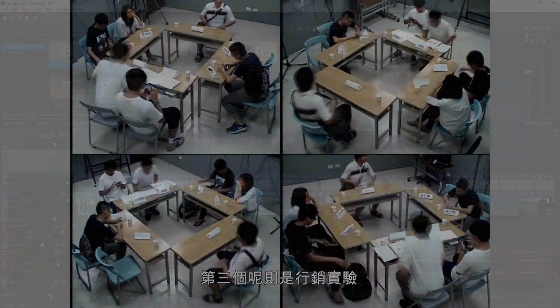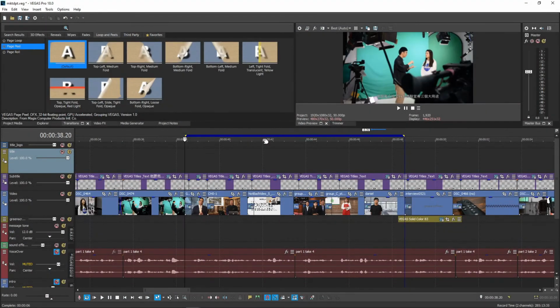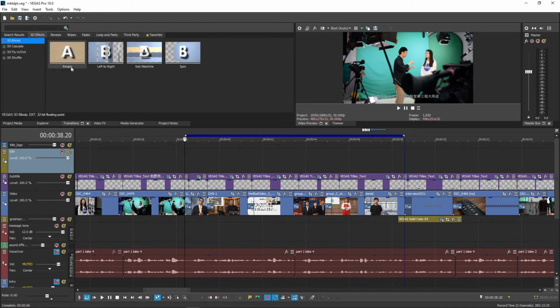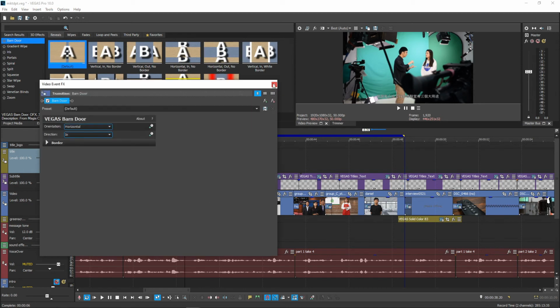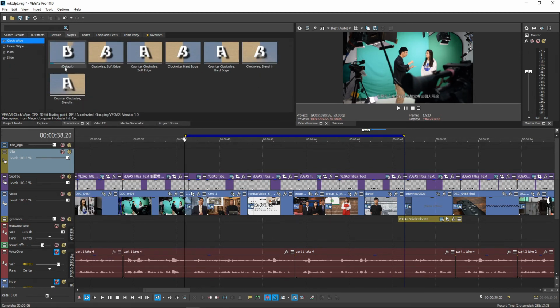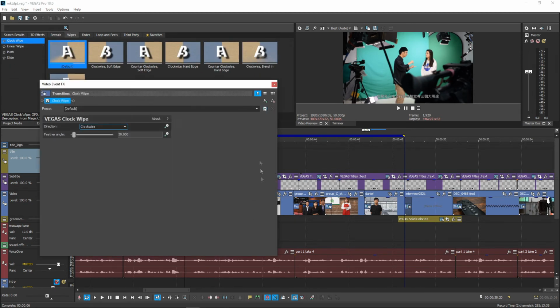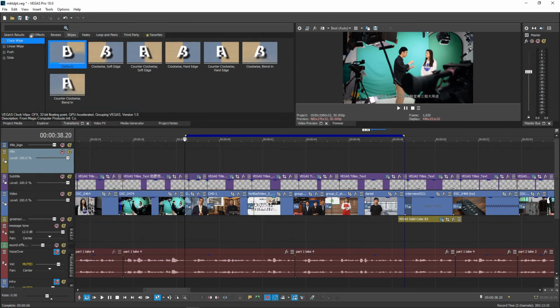Here, let's try changing them by adding transitions in between all of the examples and switching up the types too. Let's use a 3D one here, then a reveal, and a wipe, then a fade.